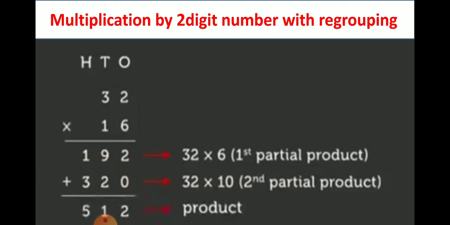Now we will put 0 below 2 and now we will multiply 1 by both the digits, that is 3 and 2. So we know 1 two is 2, we will note it down below 9, 1 three is 3, we will note it down below 1. So now we will add 2 plus 0, that gives us 2, 9 plus 2 gives us 11, so 1 will be carried and then 1 plus 3 and the carried 1 will give us 5. So at last our final product is 512.